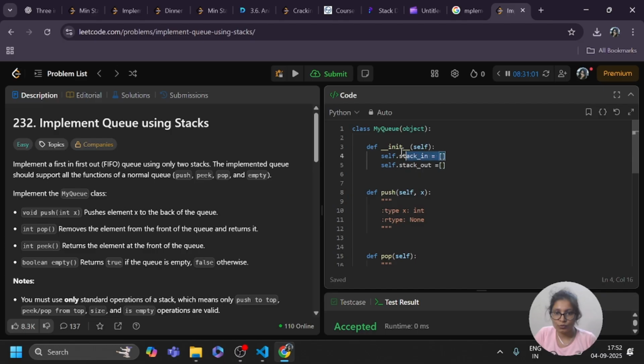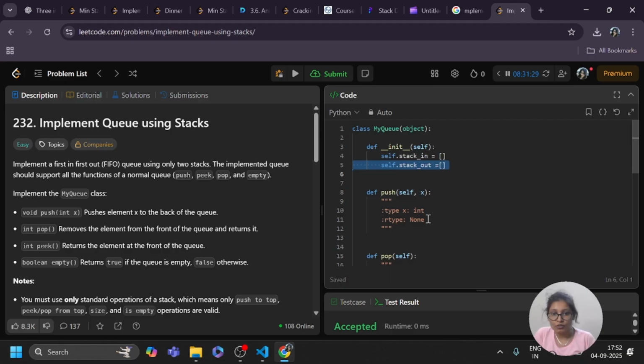Self.stack_in is used to store the push operations, so that we can append the values, and in stack_out I need to handle the pop operation and peek operation, where we take elements out of the stack. So this is for the push operation and this is for the peek and pop operations.